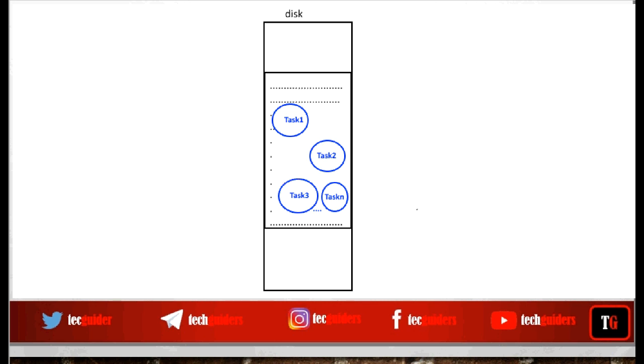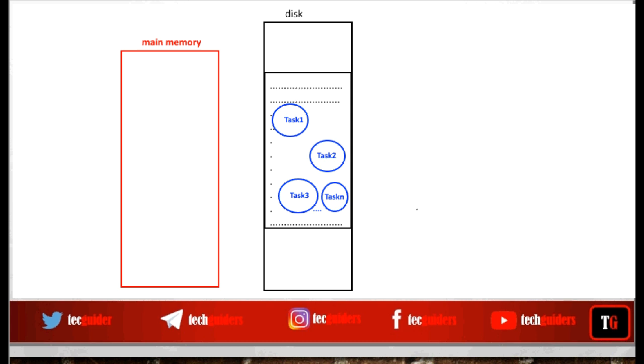Now our aim is to take advantage of this parallelism during execution. Now it's time to execute this program. So we loaded this program into the main memory and created a process corresponding to it. For that, we allocated an address space for this process, which includes a code space where we keep the program code or the text, and the data space where we keep the static and global data.